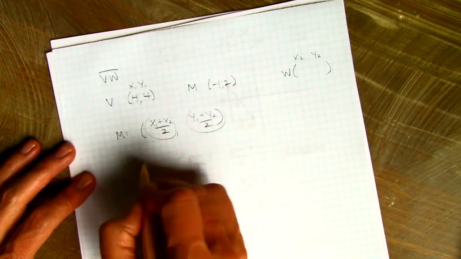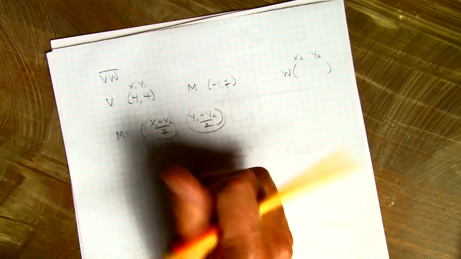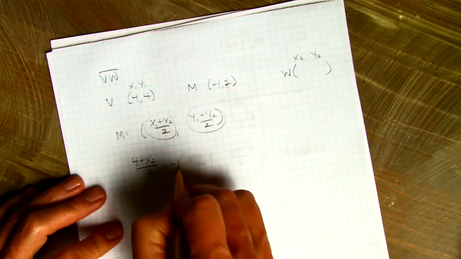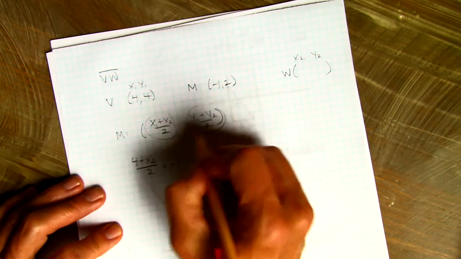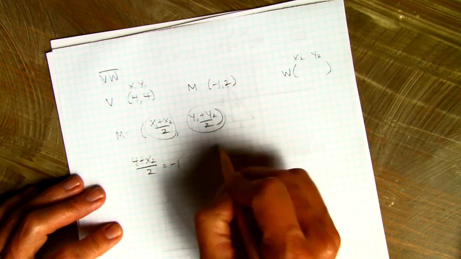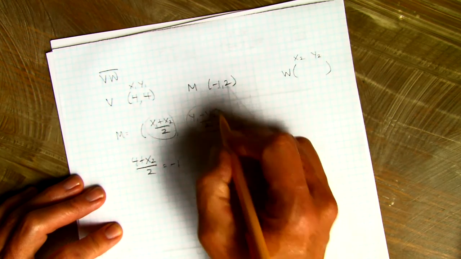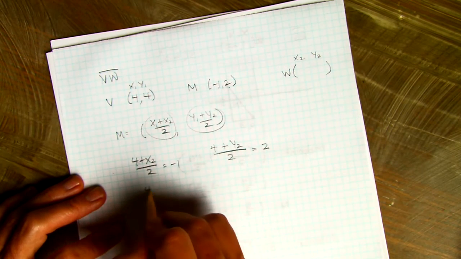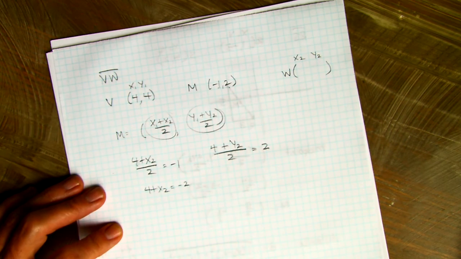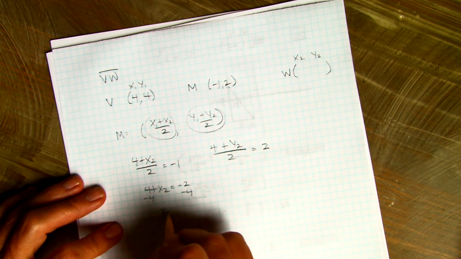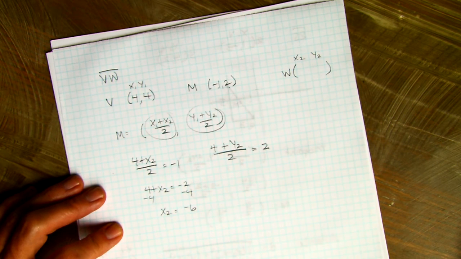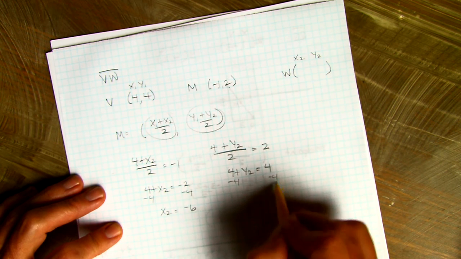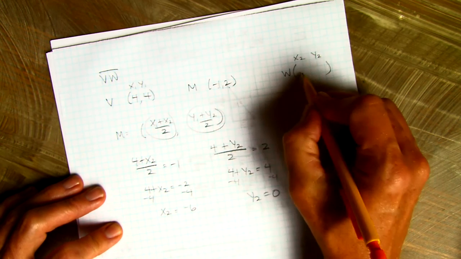So I'm going to separate them. I know that x1, 4, plus x2, what I don't know, divided by 2, will be the x coordinate of my midpoint. And then y1, which is 4 as well, plus y2, which I don't know, divided by 2, will be the y coordinate of my midpoint. Multiply both sides by 2. 4 plus x2 equals -2. Subtract 4. x2 should be -6. Multiply both sides by 2. Subtract 4. y2 should be 0. So this should be